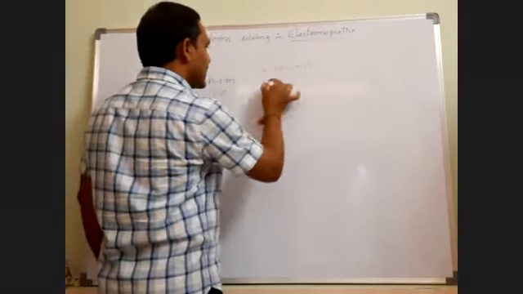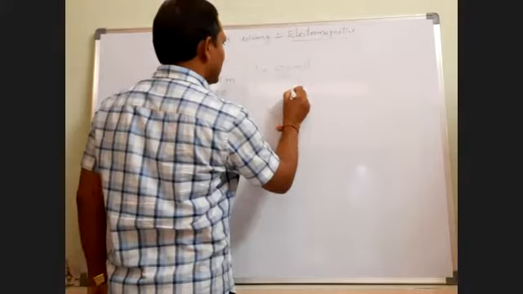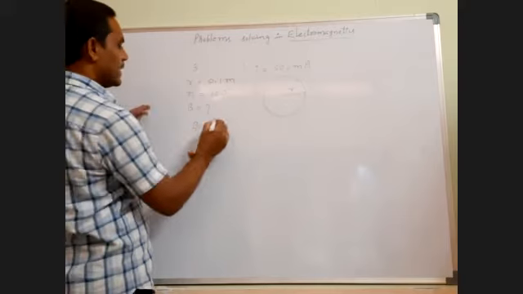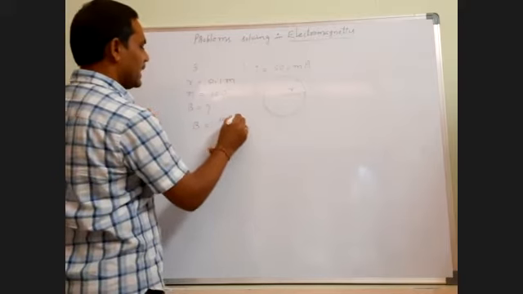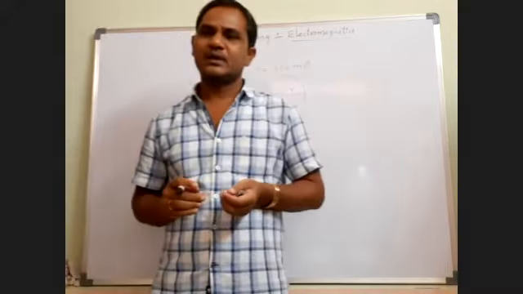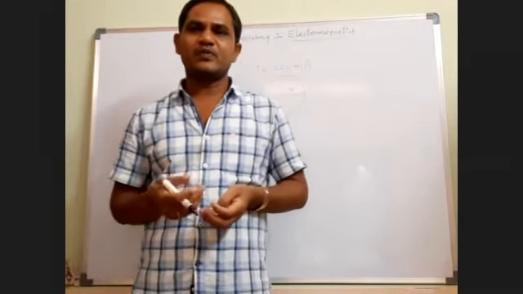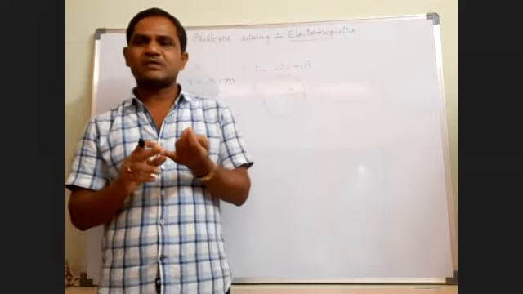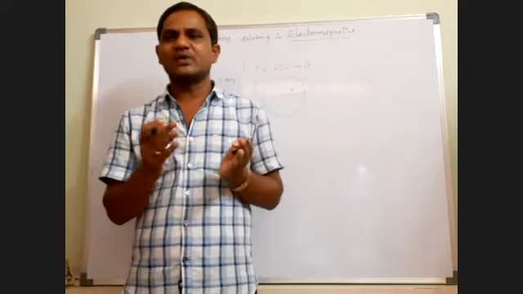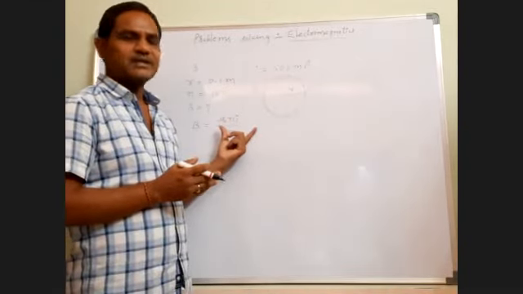So this is the circular coil, right? The radius R same. Then magnetic induction field at the center of the circular loop, how much? Mu naught Ni by 2R. Because in general, the formula for magnetic induction on the axis of a circular coil is mu naught Ni R square by 2 into (R square plus X square) whole power 3 by 2. From that, if you substitute X equal to 0, we get this. This is the magnetic field strength formula at the center.